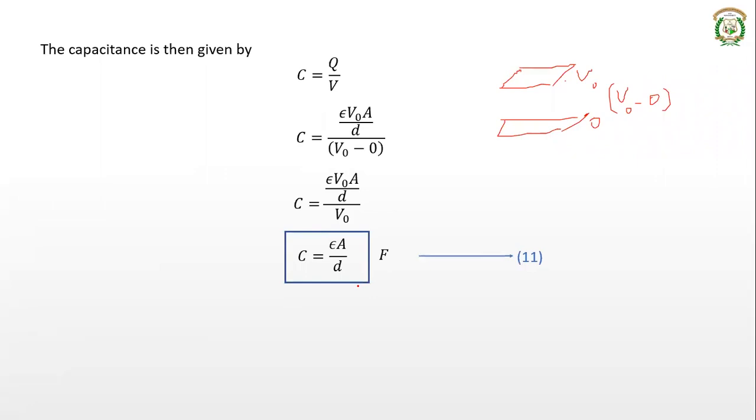How do you get this? It is based on this. We start with the Laplace equation. Solve that Laplace equation, you get the value of V. Once you get V, that is potential, you obtain electric field intensity E. E is equal to minus del V. From E you obtain D, that is electric flux density. Find the magnitude of that D, that will be equal to Dn. That Dn you equate it to rho s, multiply rho s with area, you get the charge. Charge divided by the potential difference will give you the capacitance. This is the exact procedure, a very simple procedure, but very important from the point of view of examination also.